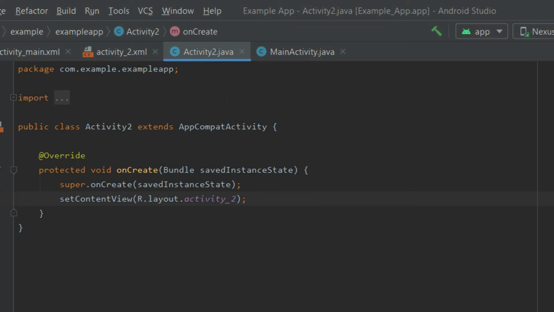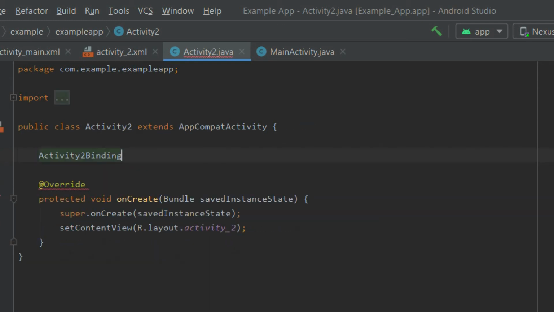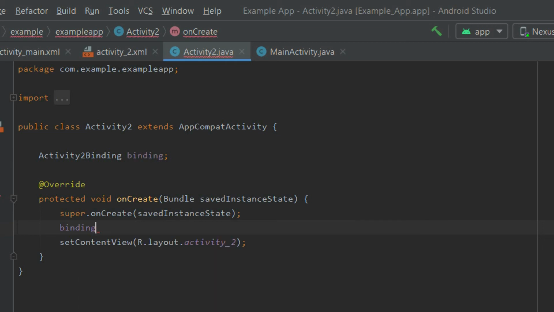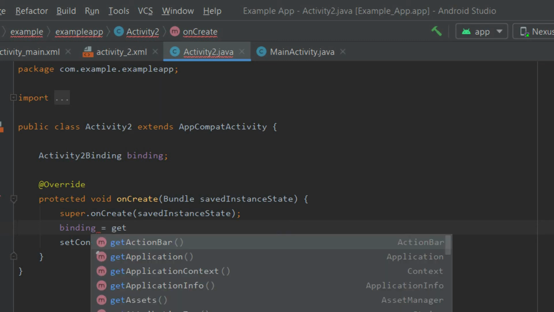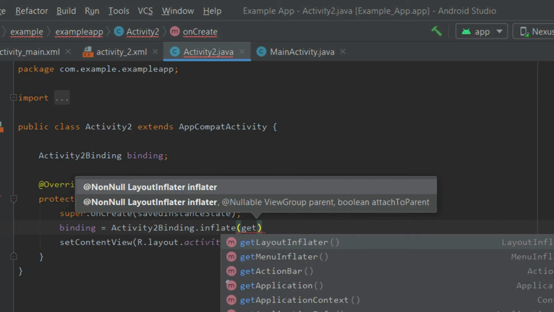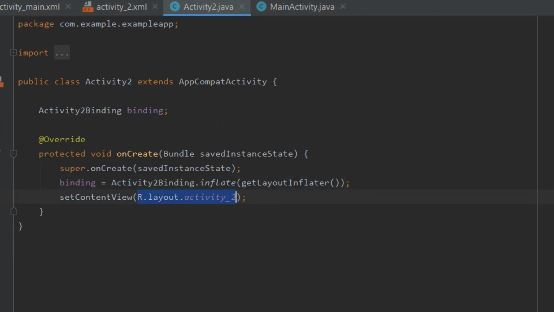So for this, first we need to set this binding: activity to binding, get layout inflater, and binding.root, get root. Okay,